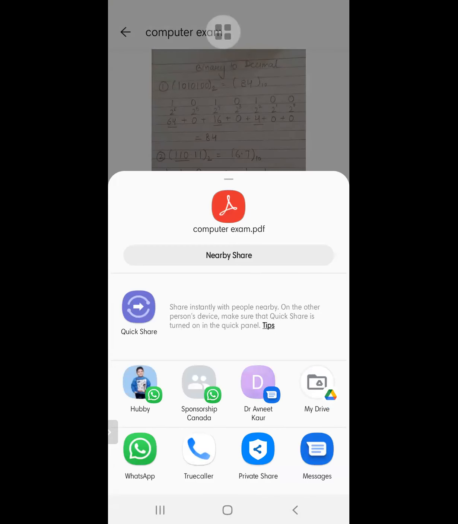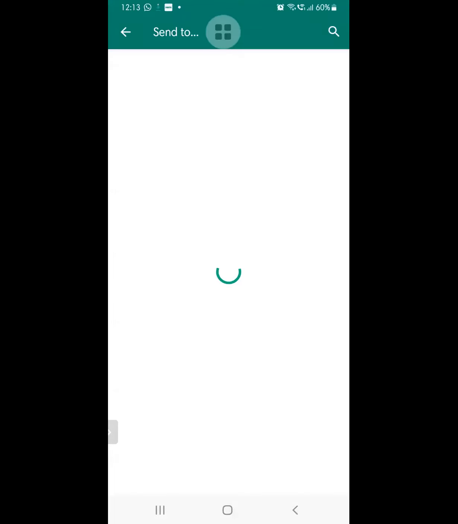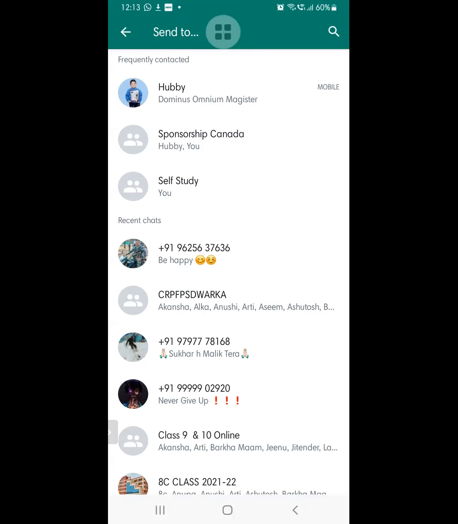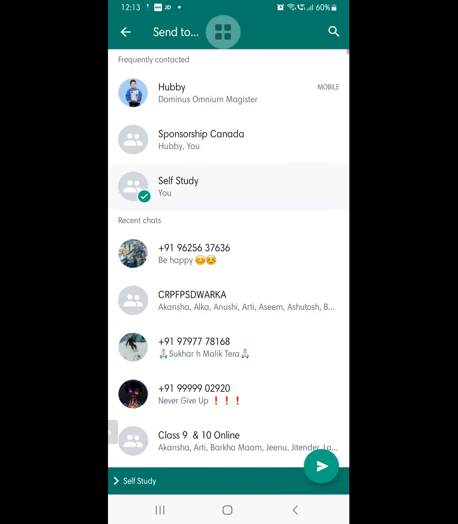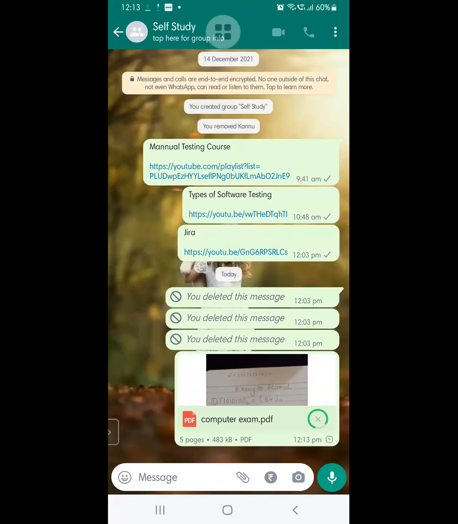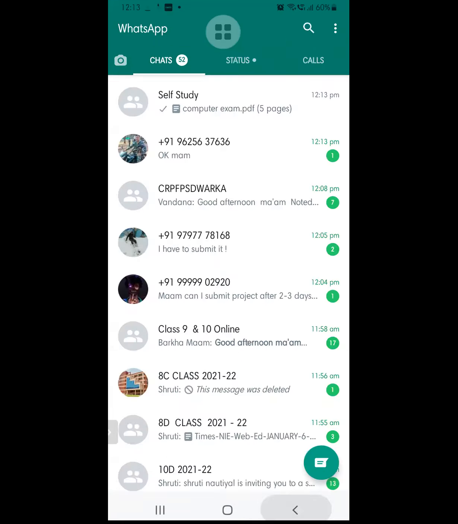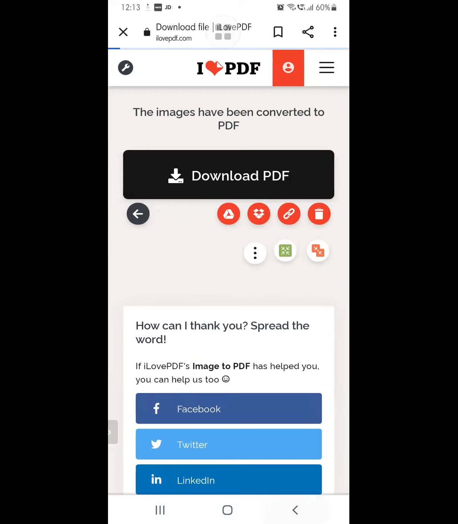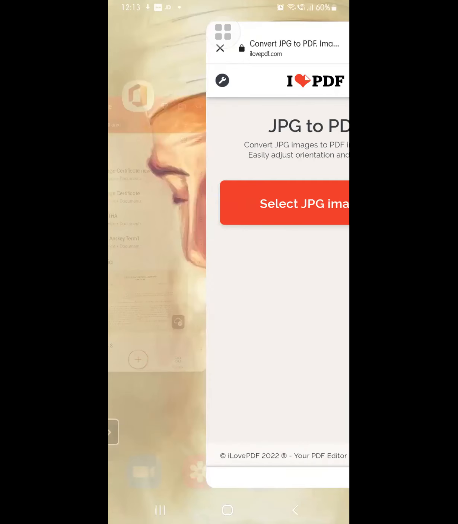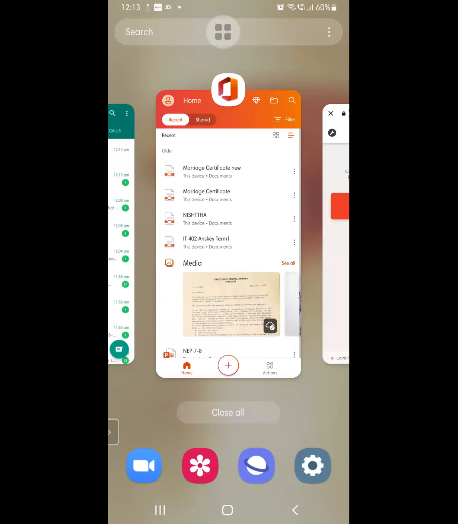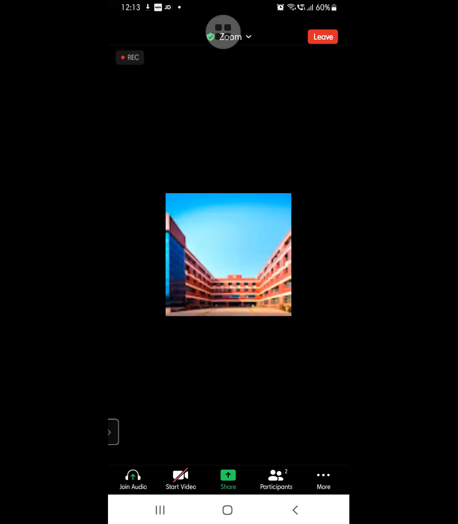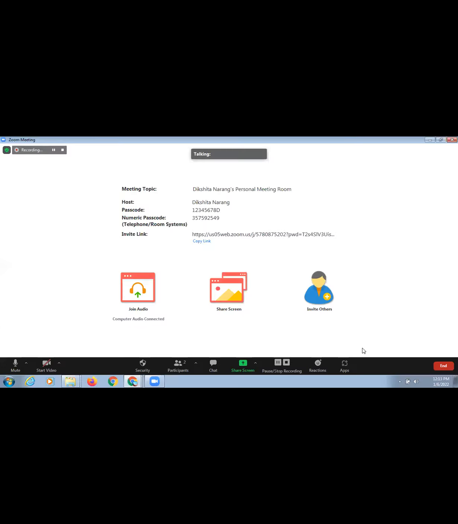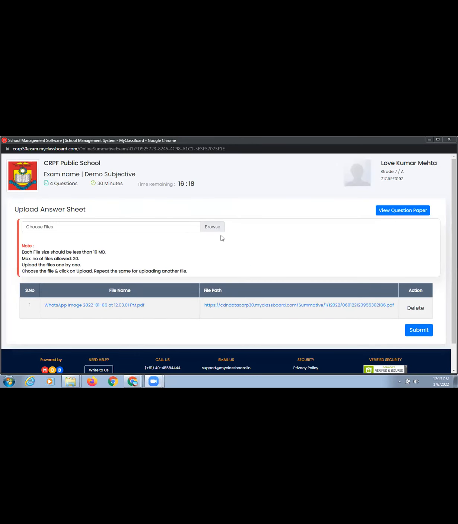You can directly upload it if you are attempting your exam from your phone, then you can directly upload it from your phone. Otherwise, you can share it with yourself. And then upload it from here.